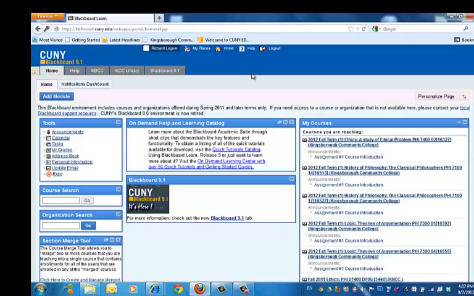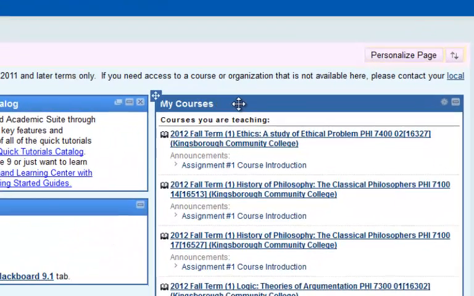But if you take a look over here on the right side, you're going to see my courses. And for me, it says courses you're teaching. And for you guys, it'll say courses you are taking. And notice they all say 2012 full term. And here I'm teaching ethics. You might be in my ethics class. There's the class number,